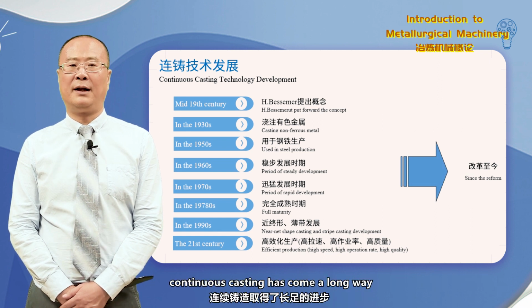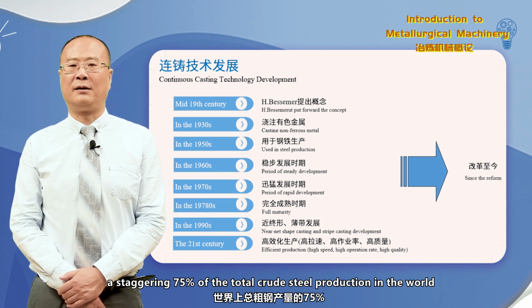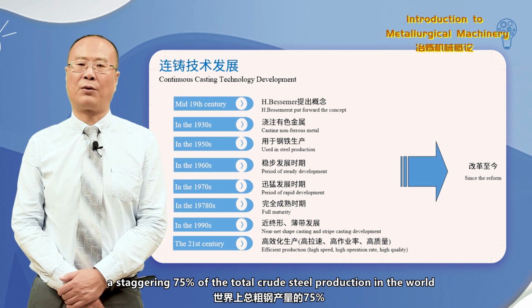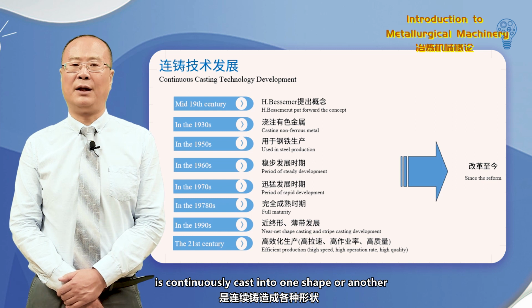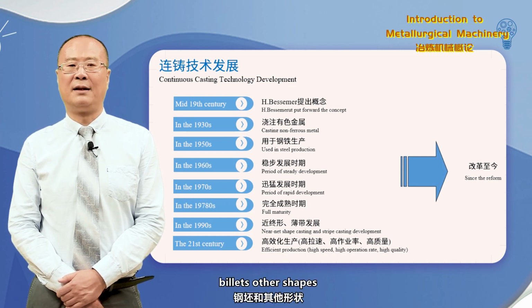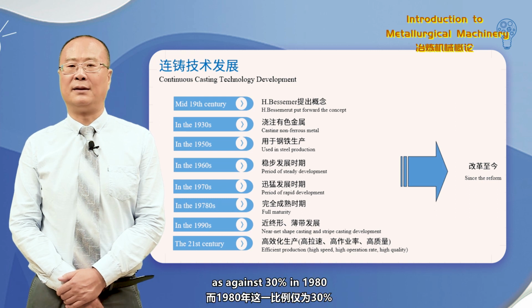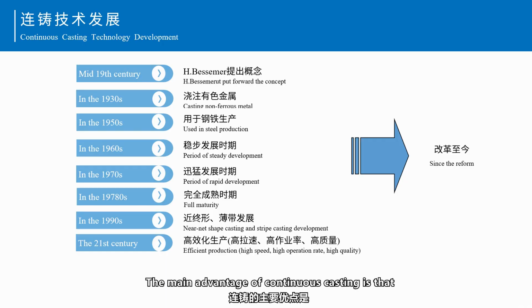Since then, continuous casting has come a long way, and today a staggering 75% of the total crude steel production in the world is continuously cast into one shape or another, such as slabs, blooms, billets, and other shapes, as against 30% in 1980. The main advantage of continuous casting is that the product is ready for direct rolling, sometimes even